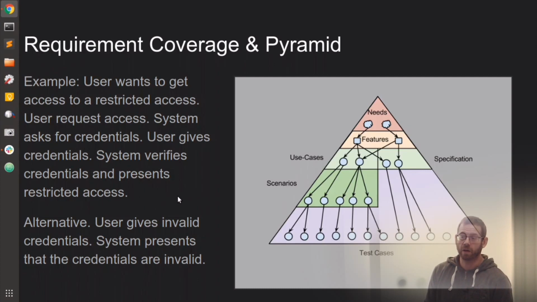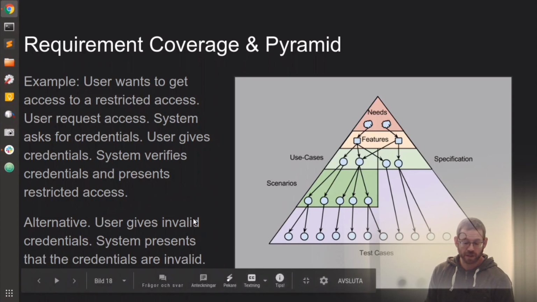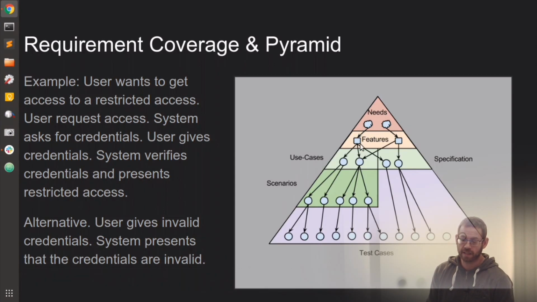And then we can have alternate scenarios, which is if the user gives invalid credentials, then the system presents that the credentials are invalid. So we have one need. We need access to restricted stuff. That is probably a feature in the authentication system,